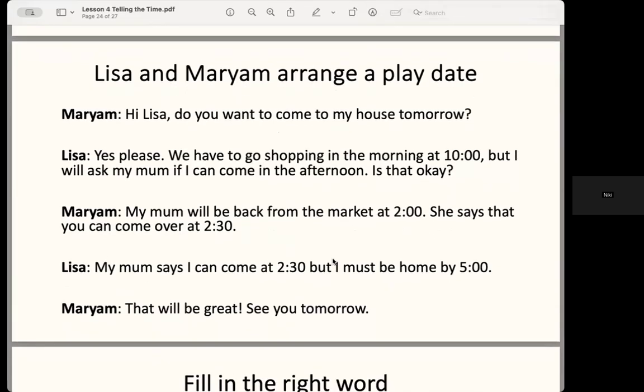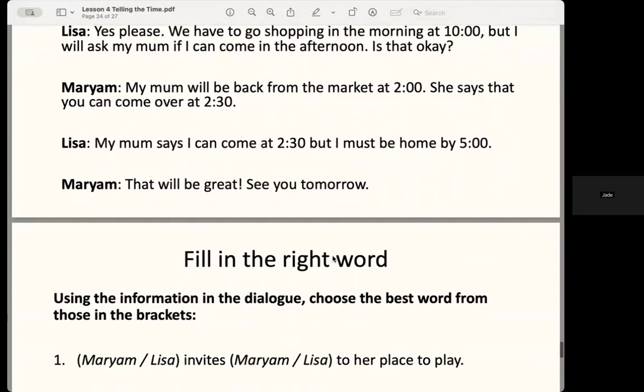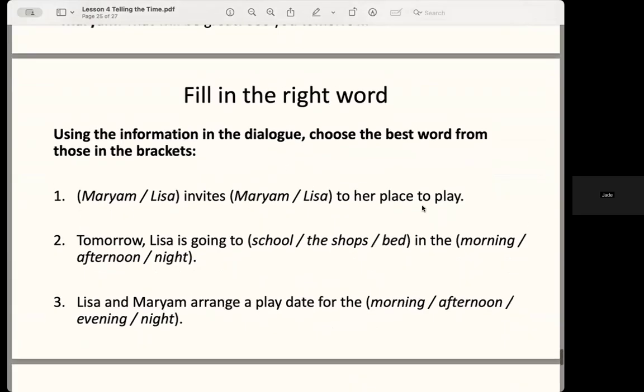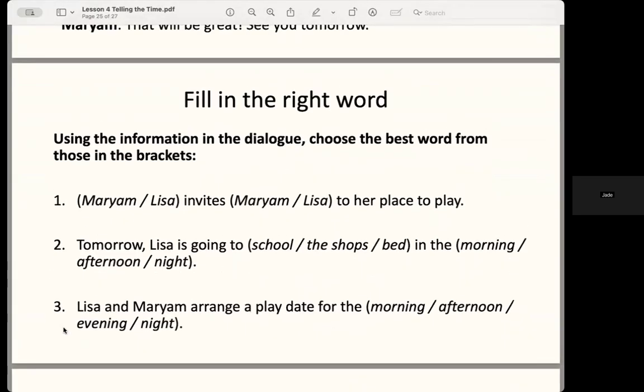I was just thinking, can I just show them this? We want to start giving you an idea of comprehension questions. So I'm just going to explain this one and then we'll go back and read them again so that you've got time to think about them. Is that okay, Nikki? Yeah, sure. So this will be an exercise. We'll come back and ask people to fill in the correct word here.